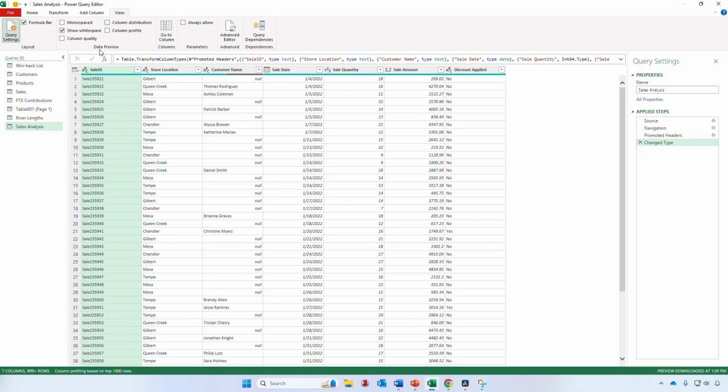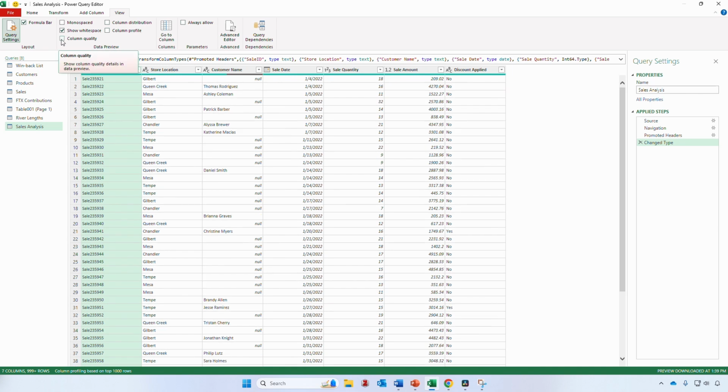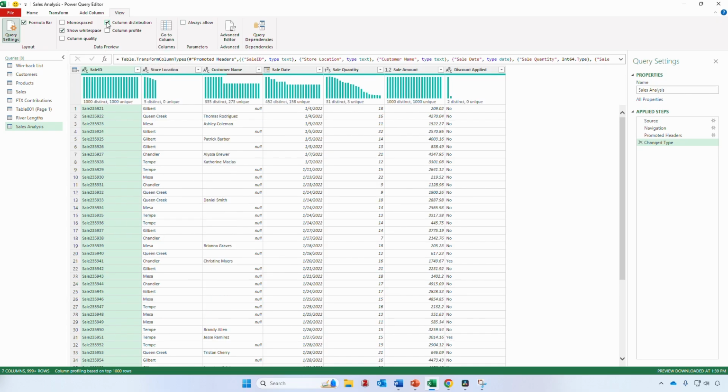The first one I want to show is Column Quality. This pretty much displays the exact same information we get when we hover our cursor over the Column Quality indicator bar, like we just barely did. But if you want to have this constantly displayed, you could check this box. Most of the time, I think the color is good enough for me, so I think I'm going to uncheck it again. If you click Column Distribution, it presents a summarized version of each column just below the field name